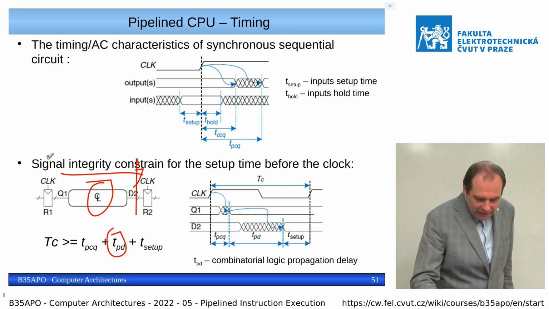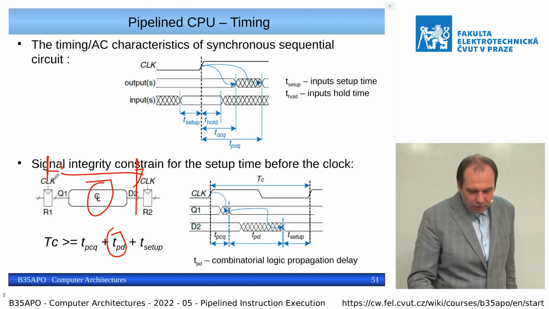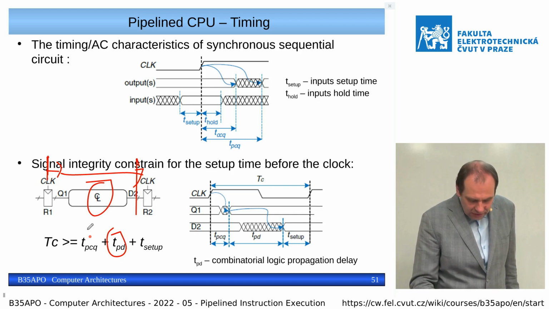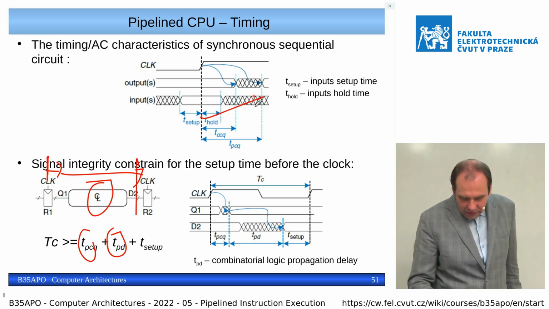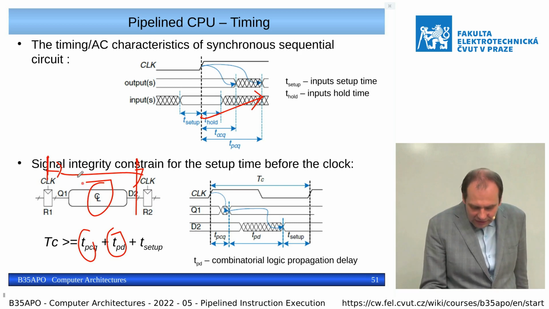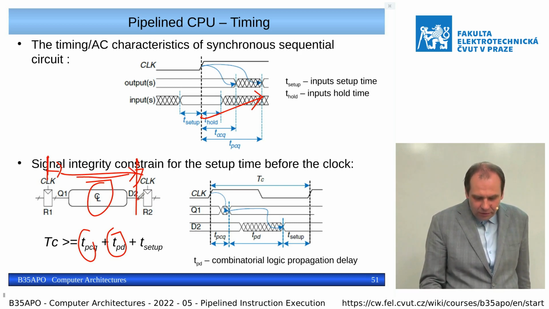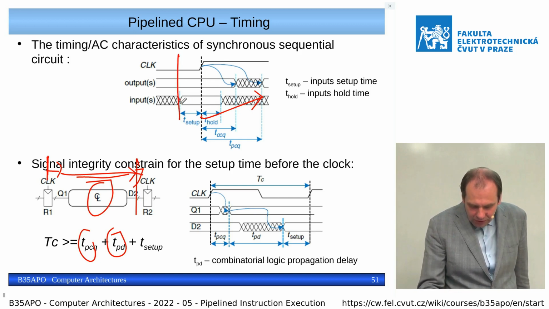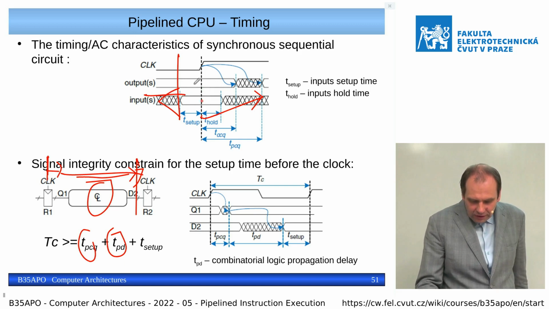We have a stable value on the input, and we wait for this delay, and then we need to wait until the signal propagates through the combinatorial logic, and we need to finish with the correct inputs in the correct state before this setup time,